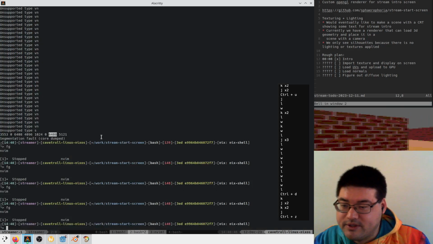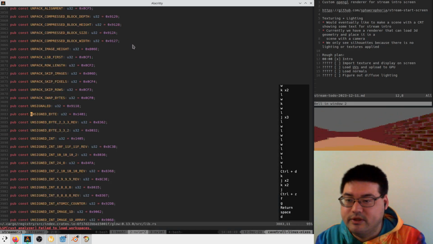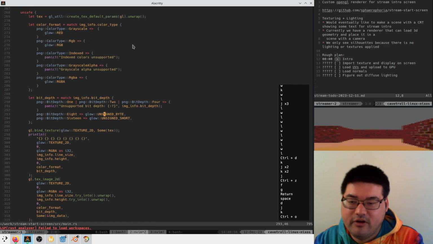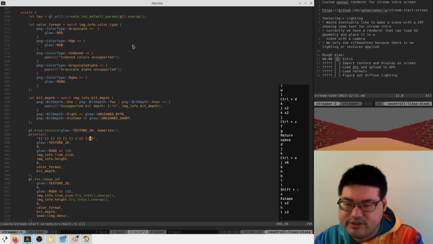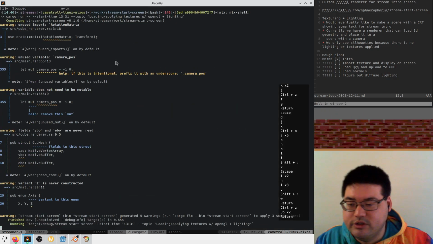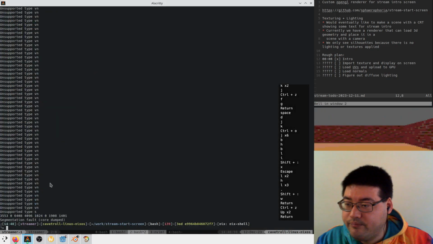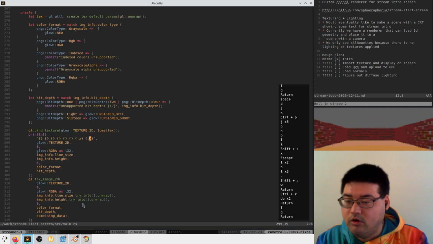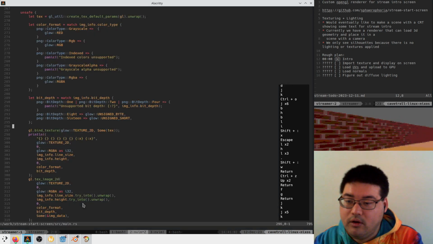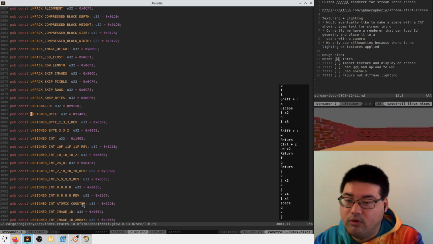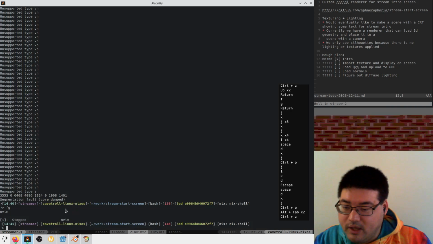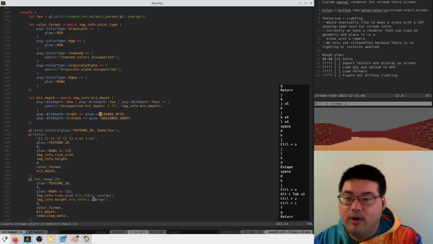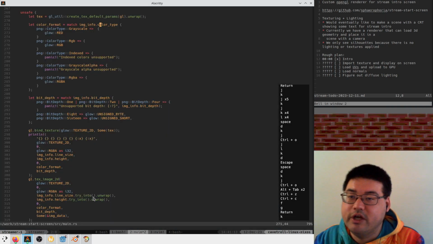So we have bit depth as 6408. What's this guy? Hex. Can we print them as hex? Just for me to debug. 1401. So bit depth is 1401, which is right for unsigned byte. And we have 1908 for our color type,